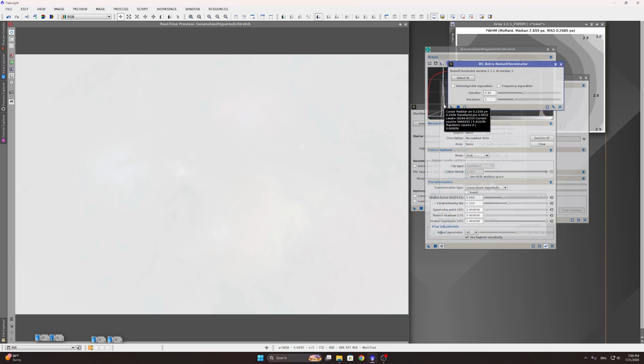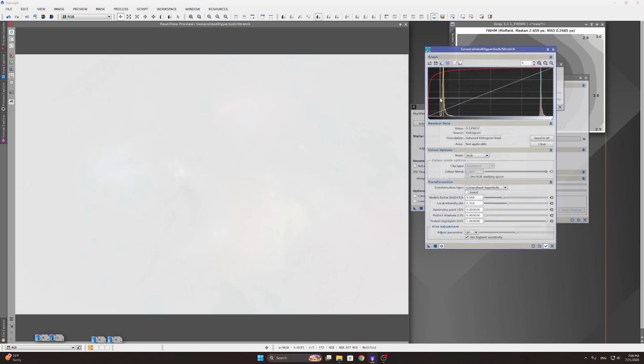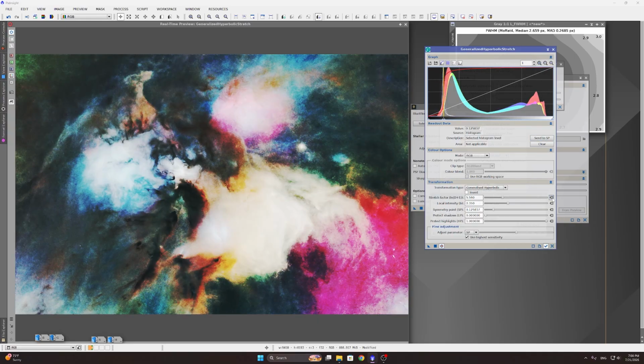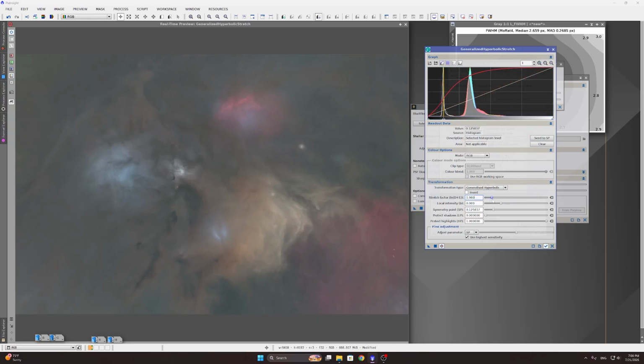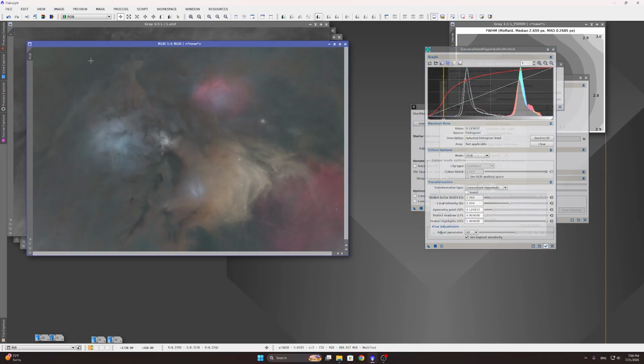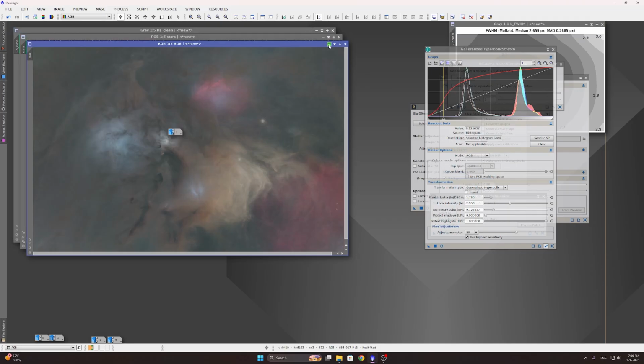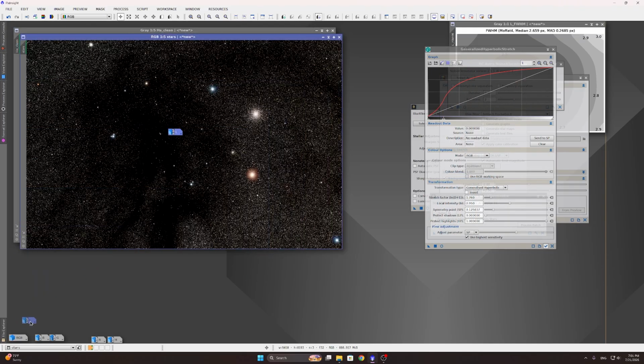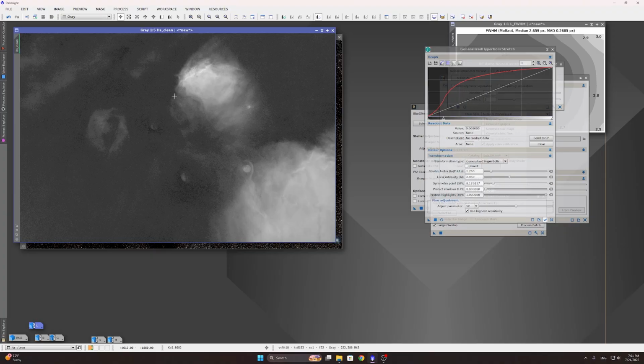And pick a little bit right of the peak, and then send to symmetry point, and then we're going to be stretching it about the same as we did for luminance. So yeah, that looks good enough. And now we're going to be putting that aside for now, and we're going to be stretching the HA clean image as